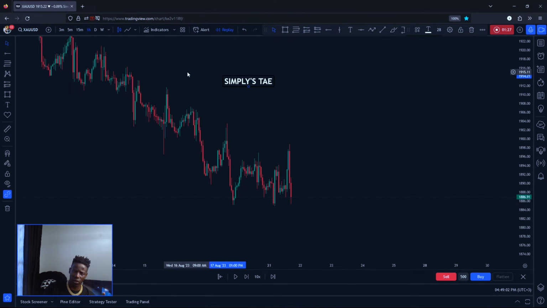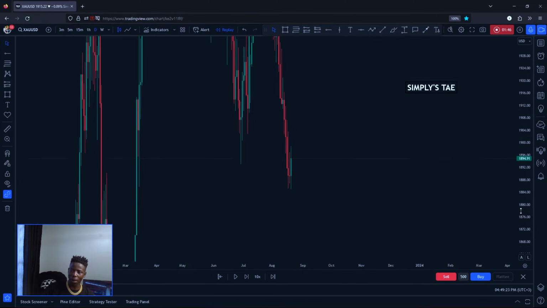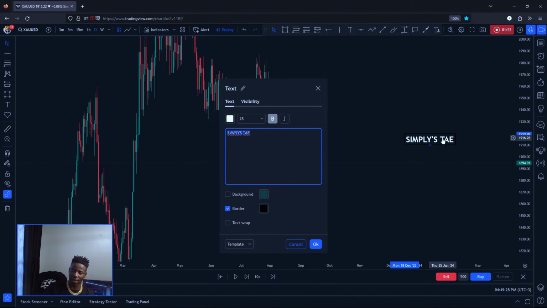First of all, as a day trader or a scalper, I will use this, and it works on all time frames. For this, I will be using the daily because I'm a day trader. So we are using simplicity. Most of the time I will say T. First of all, you're going to find a trend. You're going to ask yourself, what is the trend?